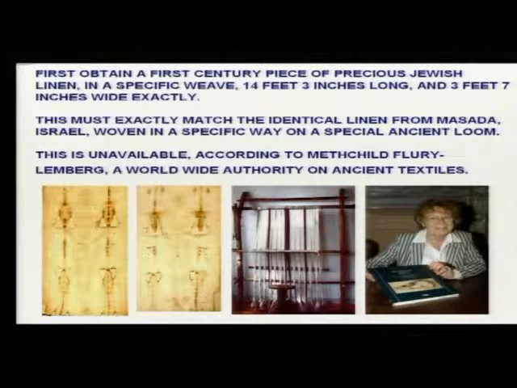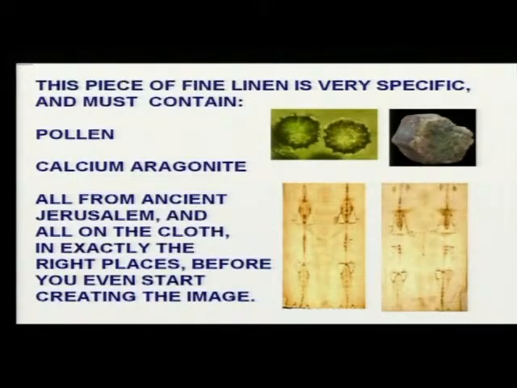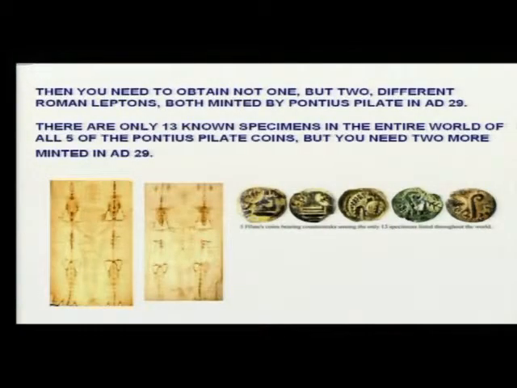Basically, this is unavailable according to Mechtild Fleury-Lemberg, a worldwide authority on ancient textiles. This piece of linen is very specific and must contain pollen from Jerusalem and calcium aragonite from ancient Jerusalem. And then you need to obtain not one but 2 different Roman leptons coins, both minted by Pontius Pilate in AD 29. Now, there are only 13 known specimens in the entire world of all 5 of the Pontius Pilate coins, but you need 2 more minted in AD 29. I'm going to say you're going to find that quite difficult to find 2 more. Then you've got to apply